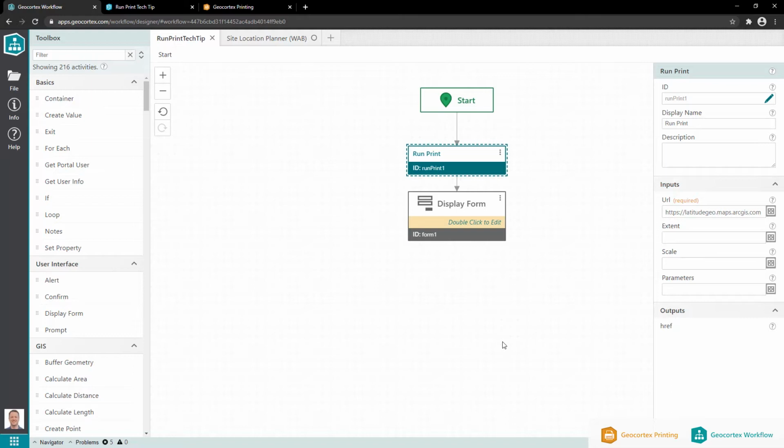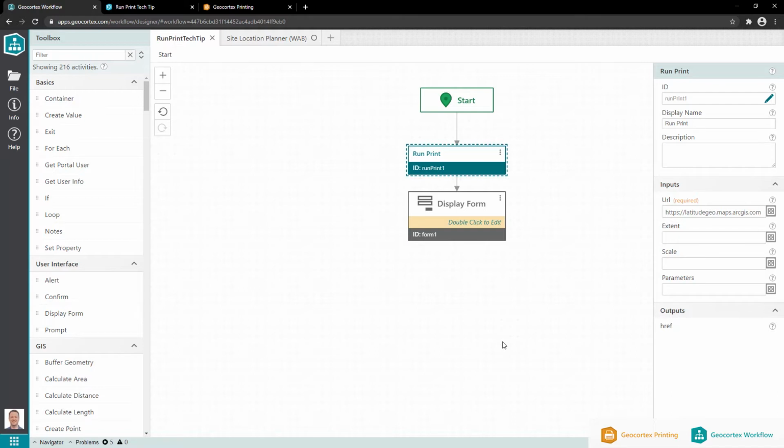So it really allows the user to bring in that flexibility of Geocortex Workflow and customize the experience of creating a print template. For example, you could have a workflow set some visibility of features through a custom query, or display some markup on the map that's highlighting a specific area or showing measurement values. So you can use the wide variety of out-of-the-box tools that Workflow provides and use those to your advantage when